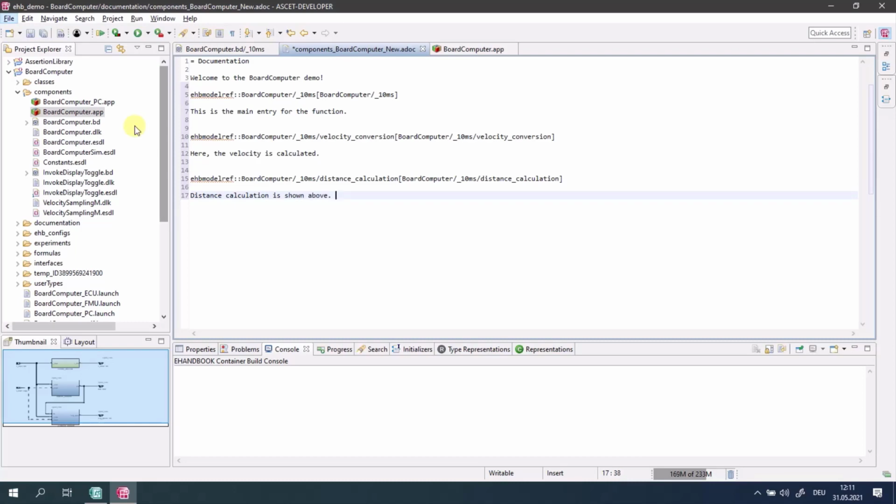The benefit of this approach is that you will get a valid eHandbook model reference very easily, without the need to remember the exact syntax and without the need to type a model hierarchy path.